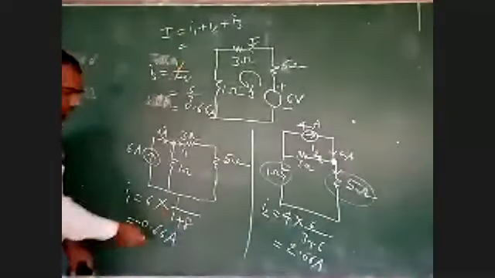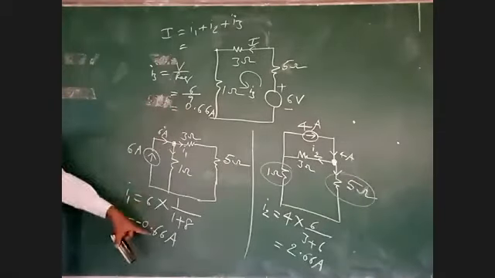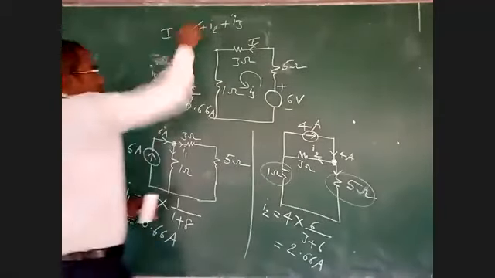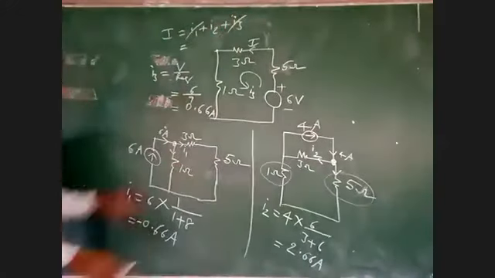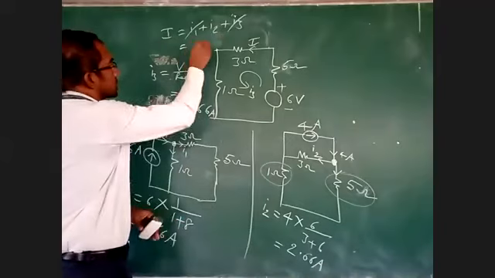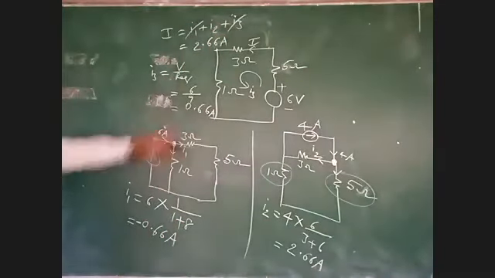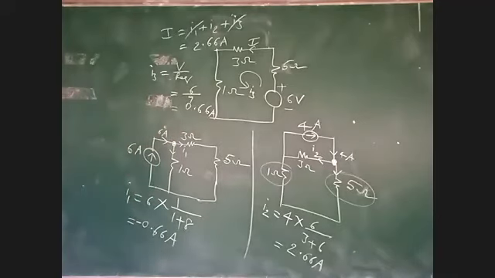See, I1 is minus 0.66, I3 is plus 0.66. These two will be cancelled. I1 and I3 are going to be cancelled. One is negative, the third one is positive. What is the second one? 2.66. I1 is negative, I3 is the same value. Okay, they are cancelled. So the current in 3 ohms is 2.66 ampere.